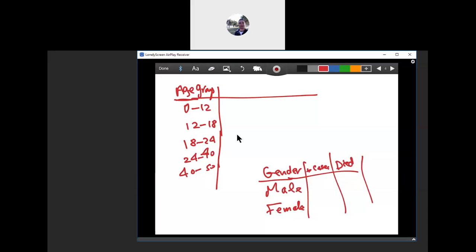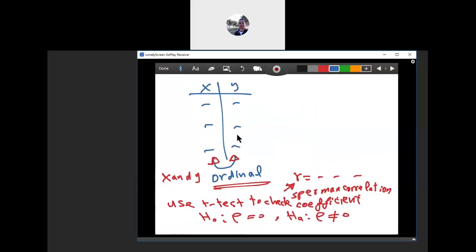Okay. So I can check the link between the gender and the coronavirus positive cases, and people who died from coronavirus. Can you use any correlation of the ones you know before? Of course not, because you don't have a linear relation,